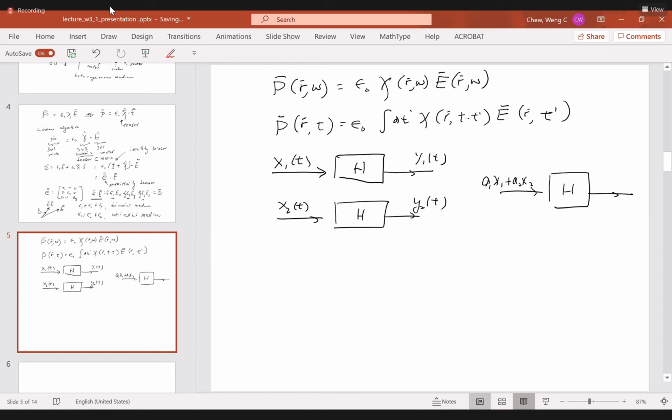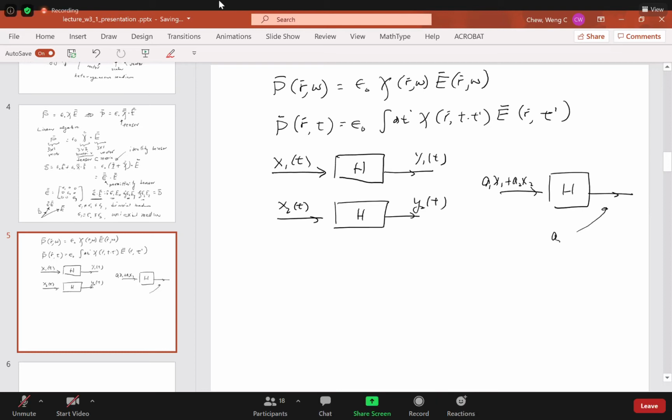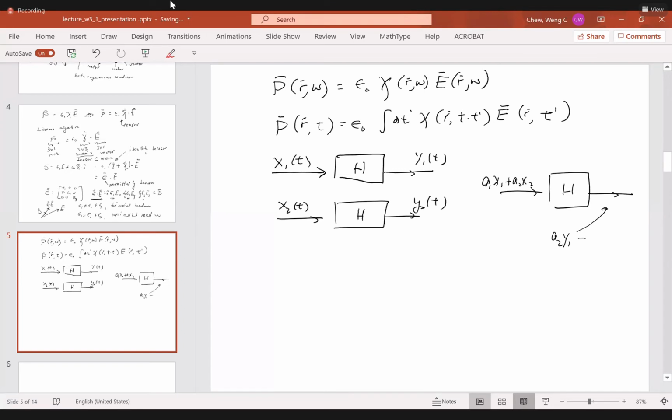Anybody wants to volunteer? It should be A1 Y1 plus A2 Y2. Very good. That is what we learn as good electrical engineers, that this would be A1 Y1(t) plus A2 Y2(t). Okay, this concept can be generalized to a more complex case where you have a convolution of both space and time. Okay, you can actually define a kind of relationship where this thing,